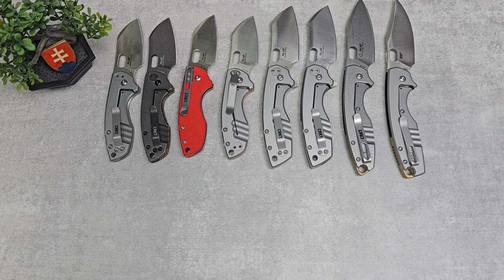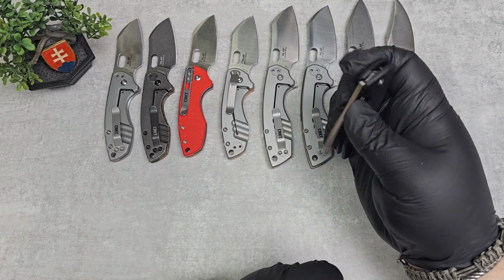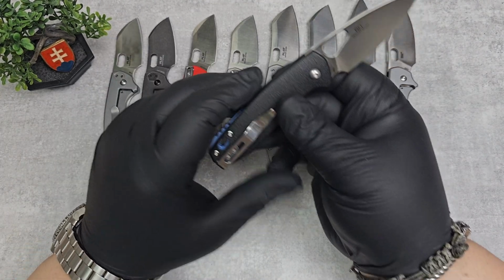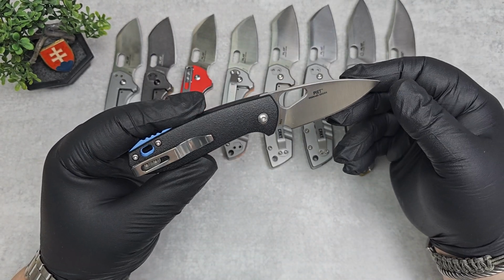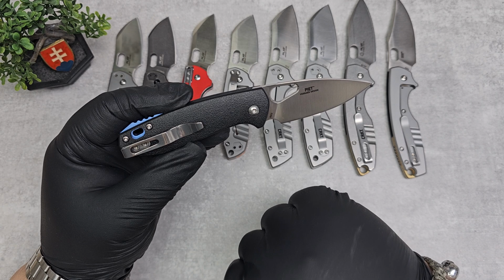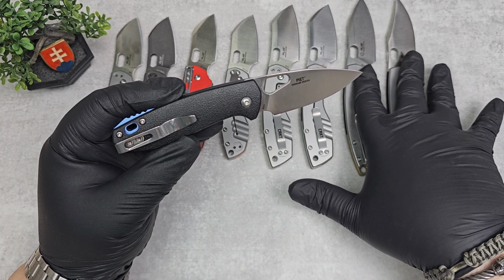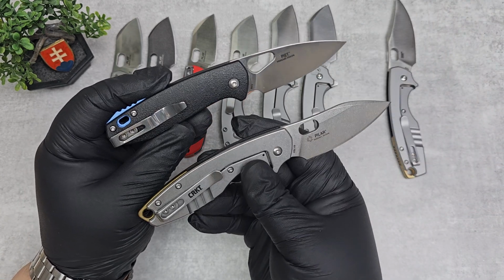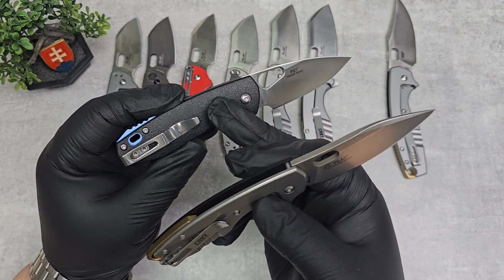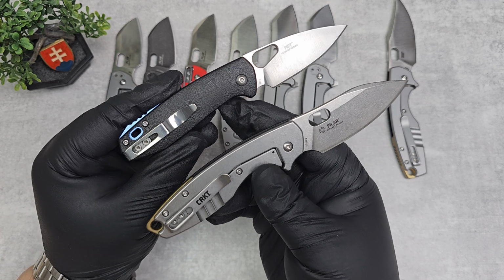So now let's continue with one older design. This is the CRKT Pete. It is a small EDC. I don't know if this came out right after the Pillar or before, but if you compare the overall silhouette of this knife, I would suggest that the Pillar 3 and 4 should be branched out versions of the Pete, because in my opinion they look really similar to my eyes. Yes, these have injection molded plastic scales with nested liners and aluminum backspacer, but